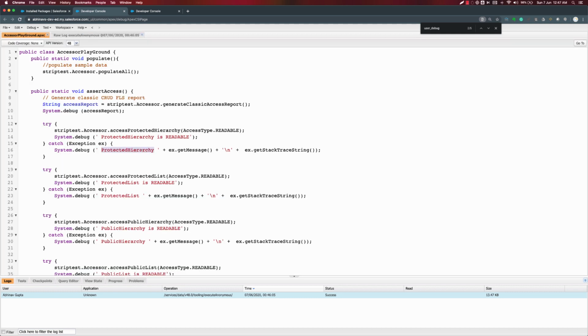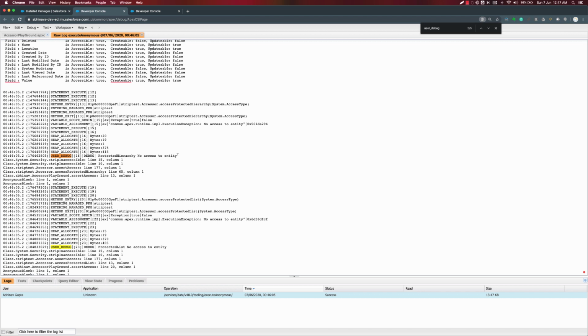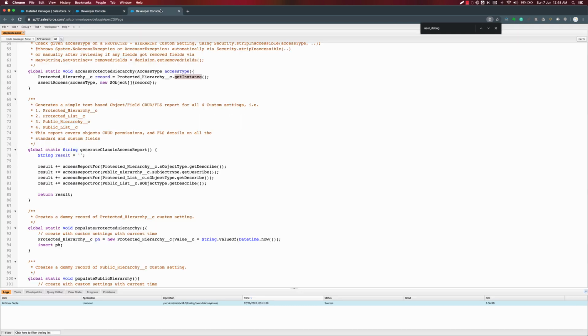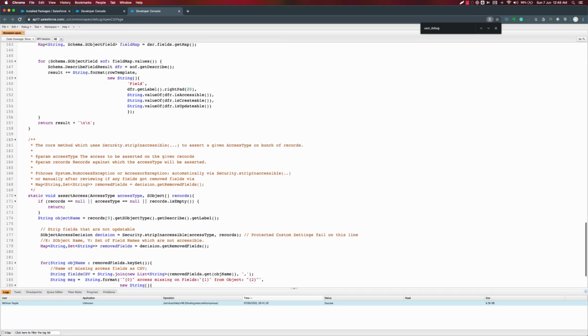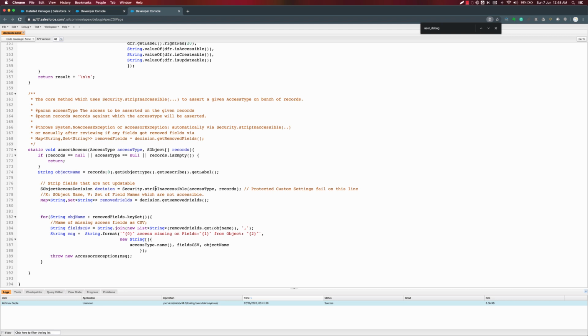I've just put this label and the original exception message, which is get access, which is basically this one, no access to the entity. And then I've printed the stack trace in a new line. So this is coming from assert access line 177. And if we go to line 177 here, that's where it is.